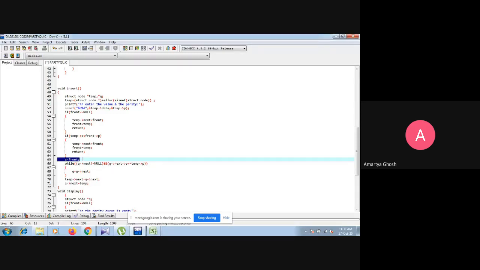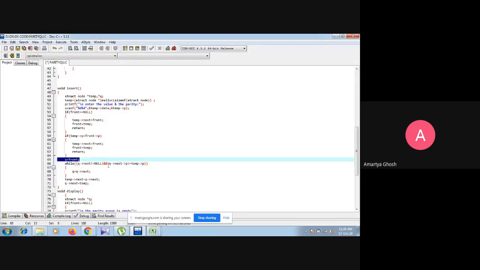Okay, so we have to check from the second node, but we don't know the base address of the second node. That is why we set the new pointer q at the first node, and using q we have to access the second node and its priority, the member of the second node.